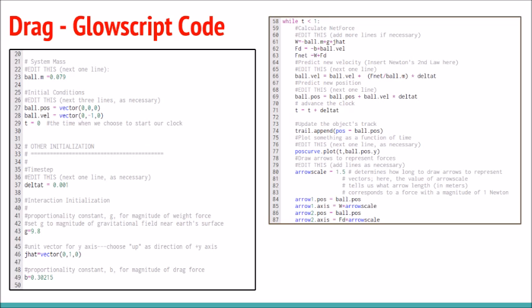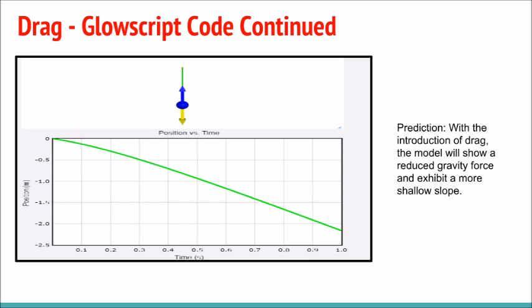a more shallow slope. When I run the model, you can see that the ball moves in the negative y direction. The yellow arrow pointing in the negative y direction is the weight force. As the ball falls over time, a blue arrow pointing in the positive y direction appears. This is the drag force. At first, the effects of this force are insignificant. However, as time progresses and the hat speeds up, the magnitude of the drag force becomes important, as the arrow